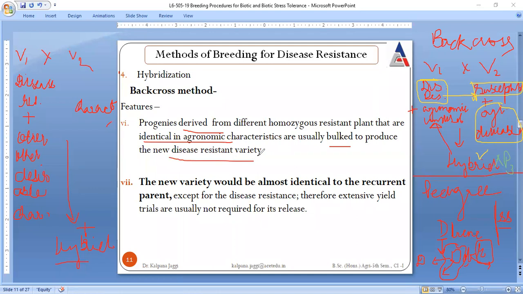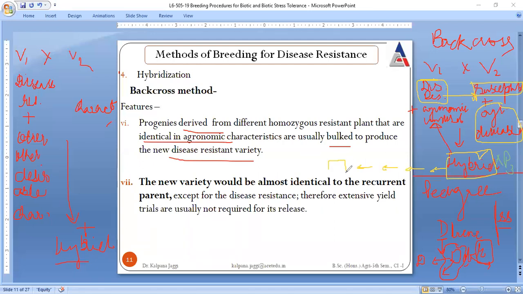And very important, whatever result we are going to achieve, this is the one cross, but when 3 to 4 backcrosses are done,